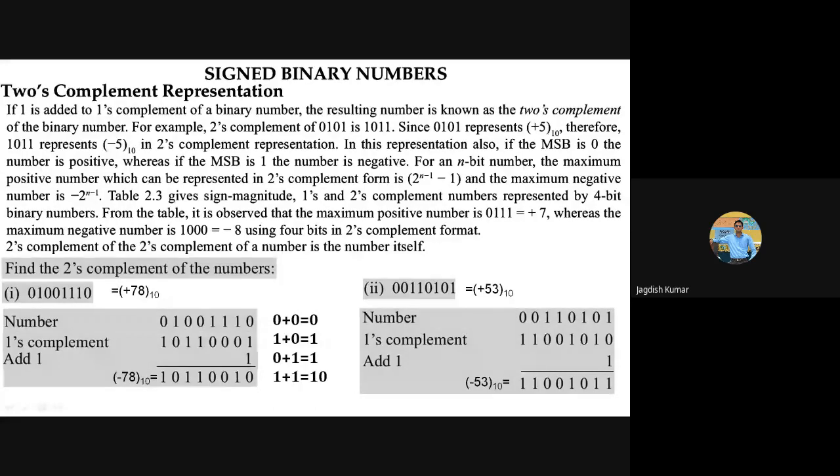Arey bhai, what are you doing? I am not asking you to find out 2's complement of this number. I am saying the number which I have typed is this one. I am asking you, what is this number in 2's complement form? What is this number in decimal form? What is the decimal equivalent of this number? I am telling you that this is the number written in 2's complement form. Don't just rush to the blind procedure. First, listen to the question carefully. What I am asking is, what is this number equal to, given that this is the number written in 2's complement form.